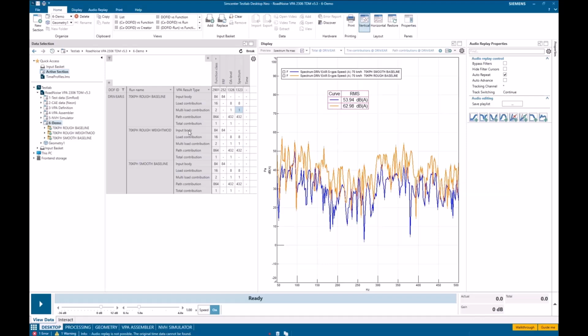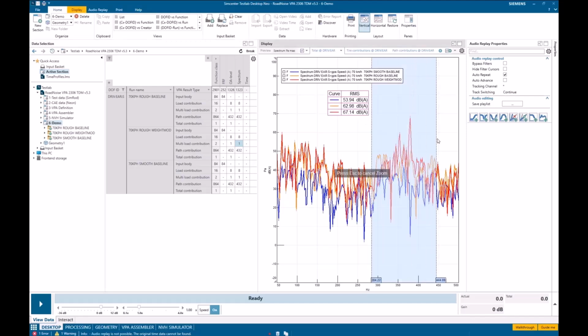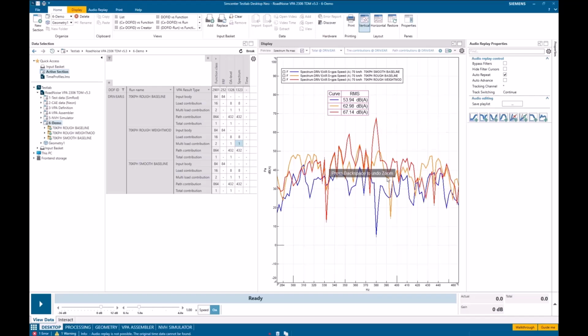Now let's see what happens if we do the weight modification on that subframe. Is that really going to screw things up for us? We can add that same multi-load contribution spectrum. And we do see the noise gets indeed worse, but one of the things that sticks out is this peak over here. And we want to know, okay, this didn't exist before. Where is this coming from? What components might be responsible for this tone sticking up so badly where it wasn't before?